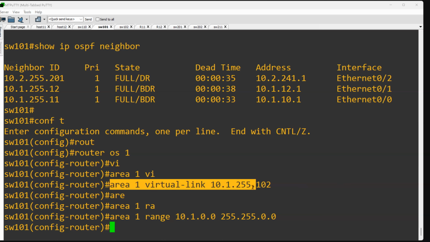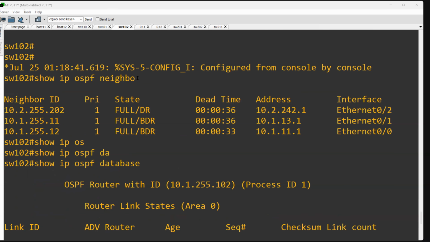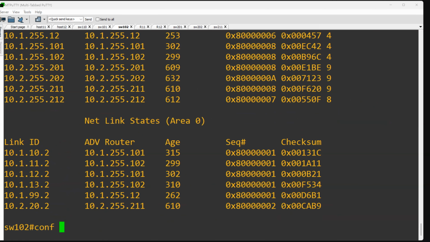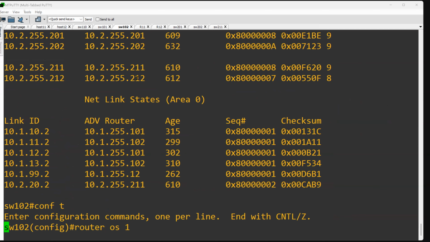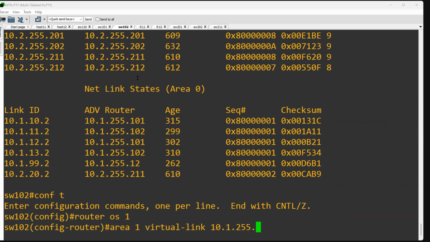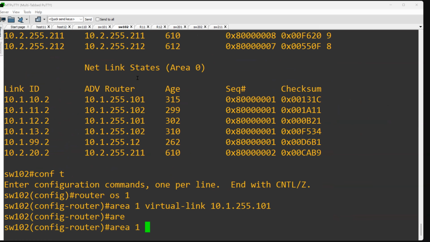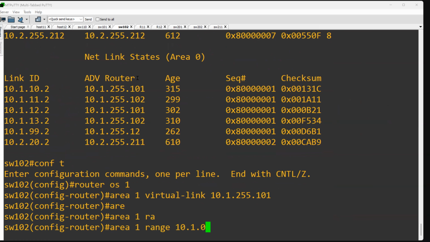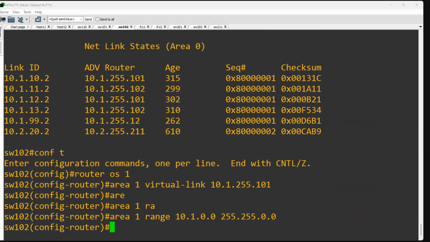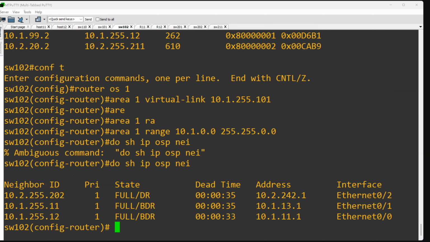Likewise, I can go to this other switch and go to router OSPF 1. I can create the virtual link, but this time it is just the reverse. And then area 1 range, say 10.1.0.0 255.255.0.0. Show IP OSPF neighbor. Now if you see the neighbor,